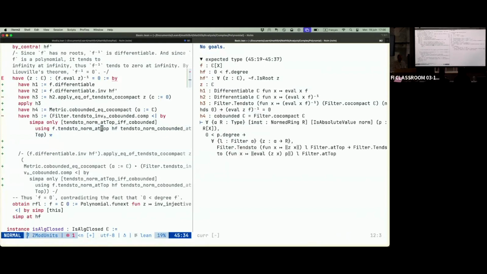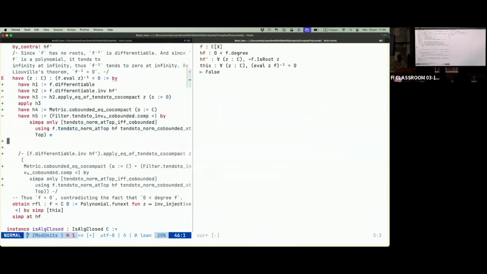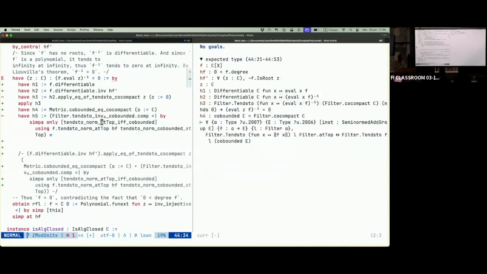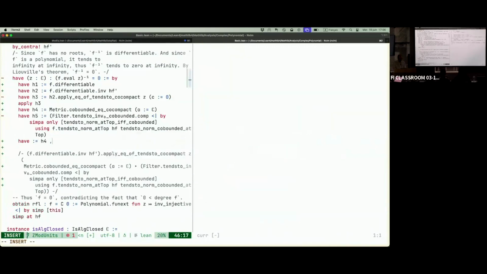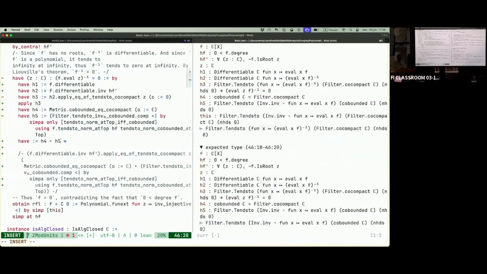So, and probably tends to norm at top. There is an assumption, yeah, there is H that 0 is strictly smaller than the degree of B. Okay, so now we have H5, and from H5, there is this fancy triangle. So probably, yeah. So what is written is that